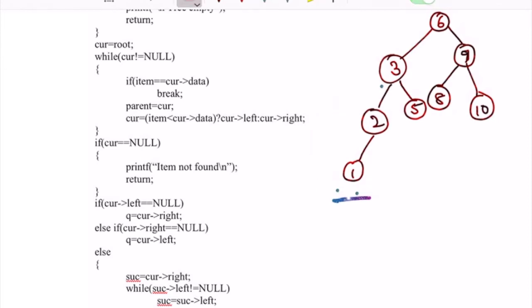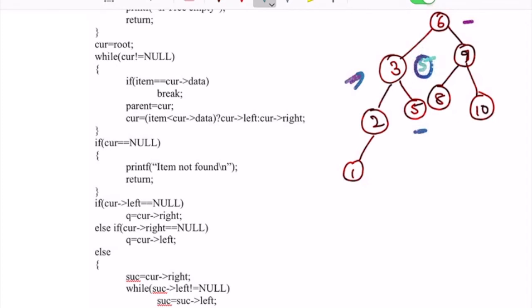The third scenario would be if it has both the child nodes. Let us say I delete the node 3. One of the child nodes is going to be made a successor in place of 3. Let us say 5 would be made the child of 6 in place of 3.